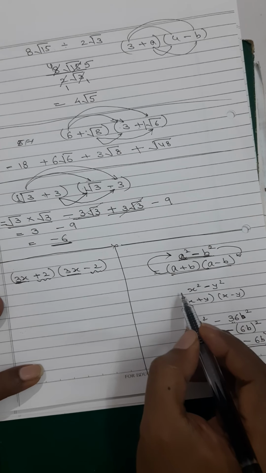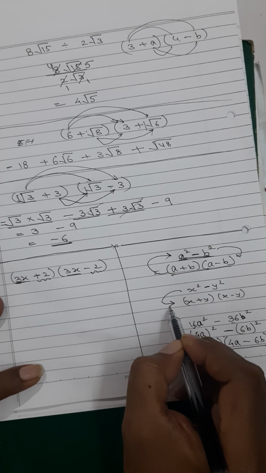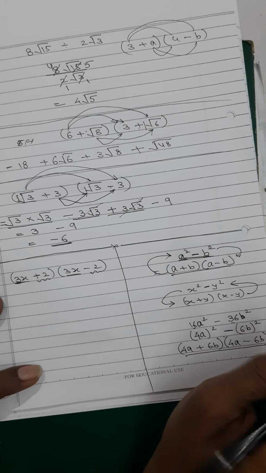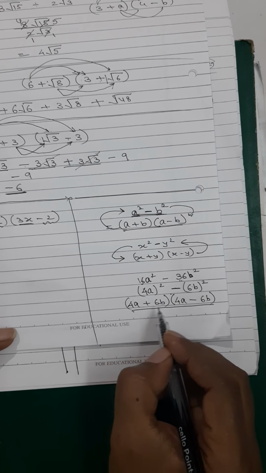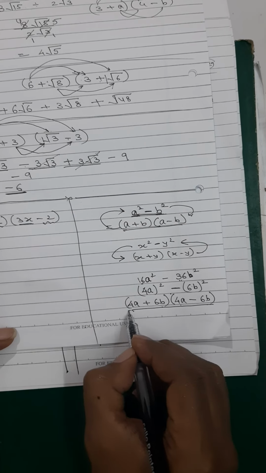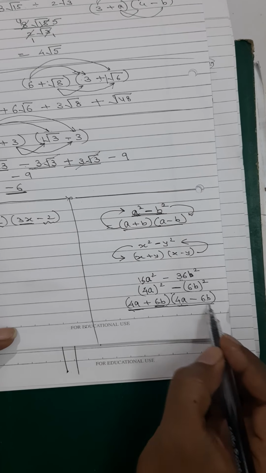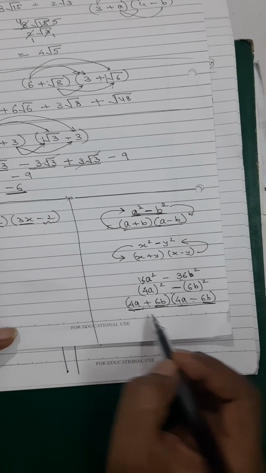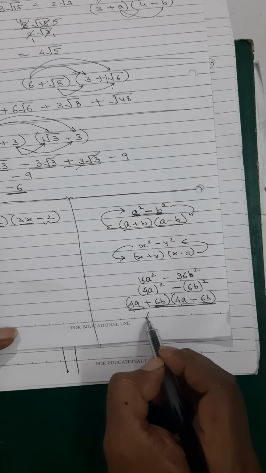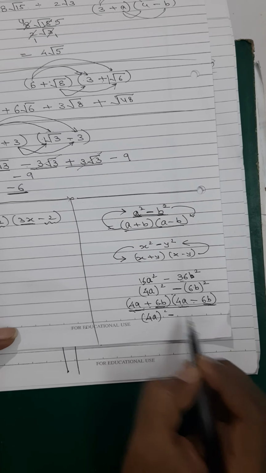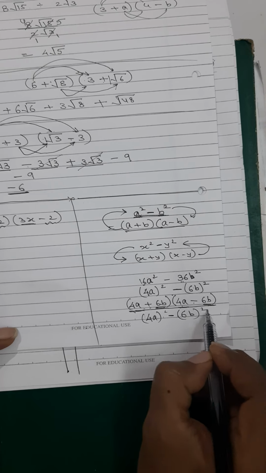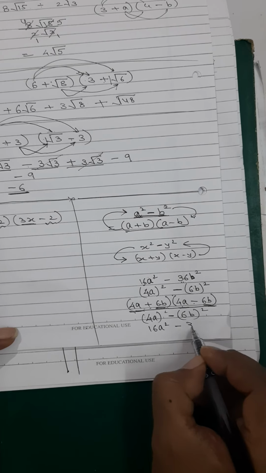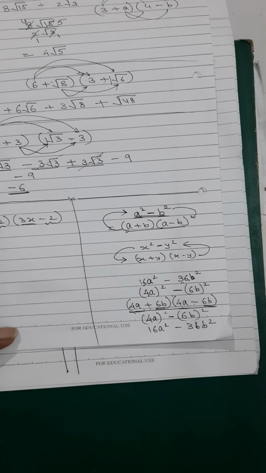Are you getting? If I am here x square minus y square, I can write x plus y into x minus y. If I am here x plus y into x minus y, I can write x square minus y square. If I am over here 4a plus 6b, 4a minus 6b, what does it mean? 4a, 4a are same, 6b, 6b are same, and they have a reverse sign in between, multiplying brackets. Then instead of that, I can write the square of the first term, 4a the whole square, minus sign, 6b the square of the second term. This also I can write. I can go back. So this will become 16a square minus 36b square. See, I am coming back over here.